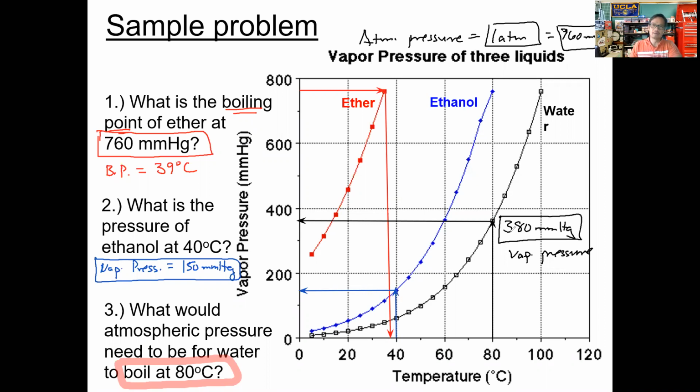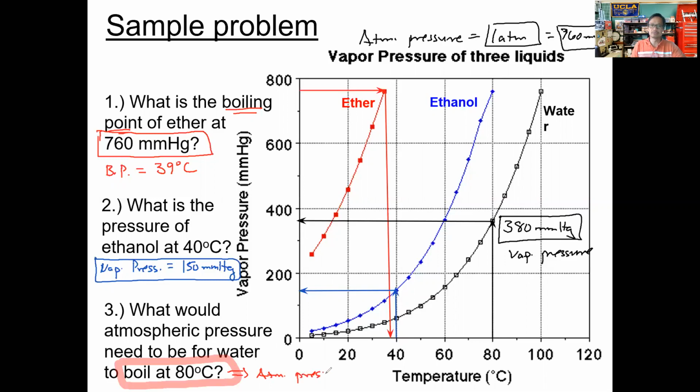Okay. However, is it possible to reduce atmospheric pressure? Is it possible to make that pressure less? Because if we can reduce the atmospheric pressure from 760 millimeters of mercury down to 380 millimeters of mercury, then you could boil. And so therefore the answer, in order to get water to boil at 80 degrees Celsius, at a lower temperature, we would have to have the atmospheric pressure